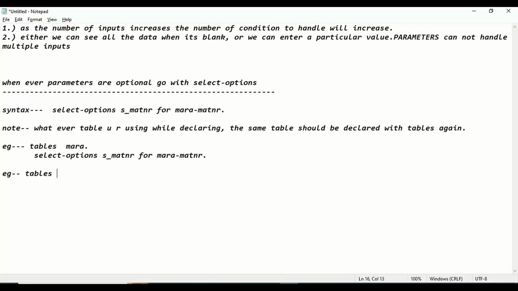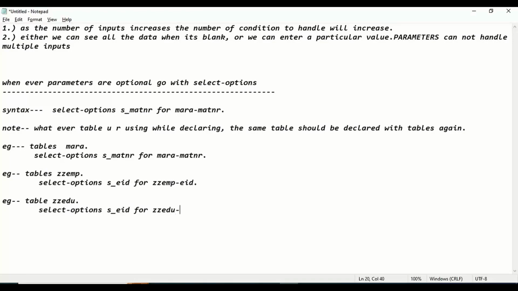Example, tables ZZEMP. Select options S underscore EID for ZZEMP hyphen EID. Example, tables ZZEDU. Select options S underscore EID for ZZEDU hyphen EID. Whatever table you are using here should be declared with tables statement. And at the same time, note,